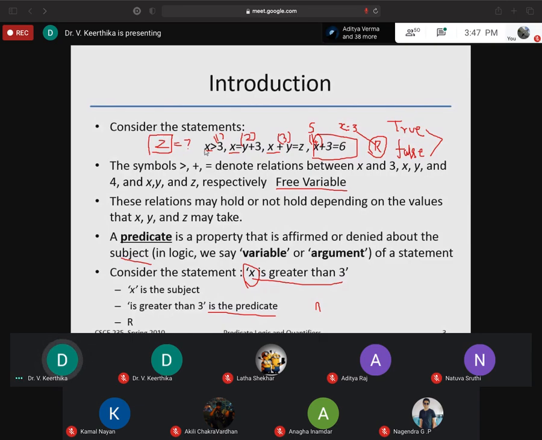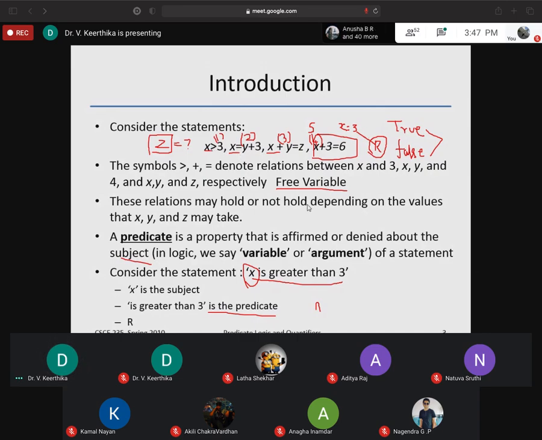If I use x equal to 1, then this statement is false. Do you agree with this? Yes. So based on the value I assign for the variable, or argument, we can call the statement true or false, valid or invalid. That's what we are going to explain today by using quantifiers.